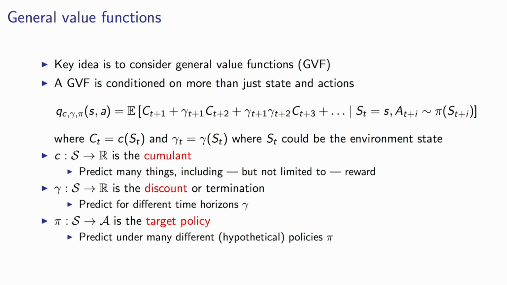But what this is saying, you could actually also consider other signals to predict about. For instance, you could predict what is the heat of my motor when I'm doing certain things with a robot. How does that progress over time? How does that change over time? Or you could predict how much rain is going to fall over a certain period. And you could think of all these questions that you could come up with over certain horizons, which is then decided by this discount factor. And this could be useful knowledge in some sense.